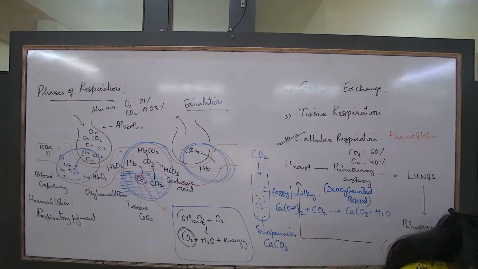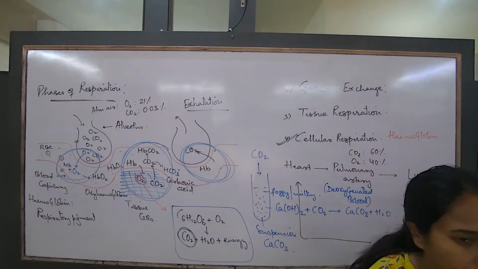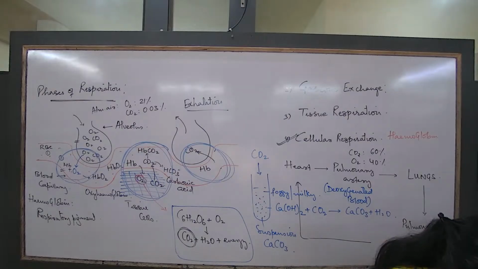Oxygen not available. Carbon dioxide and water. Oxygen is not available. Carbon dioxide and alcohol. Lactic acid and alcohol. Carbon dioxide and lactic acid are not formed if oxygen is not available. Products not formed, you have to write. If oxygen is not available, lactic acid is formed. So option B and option C is